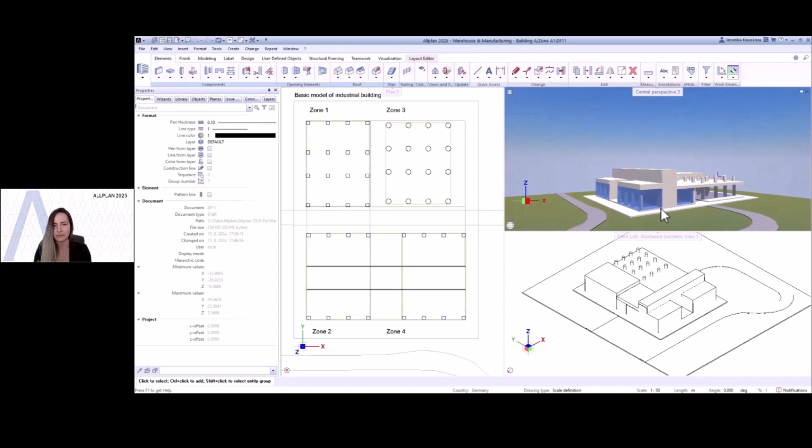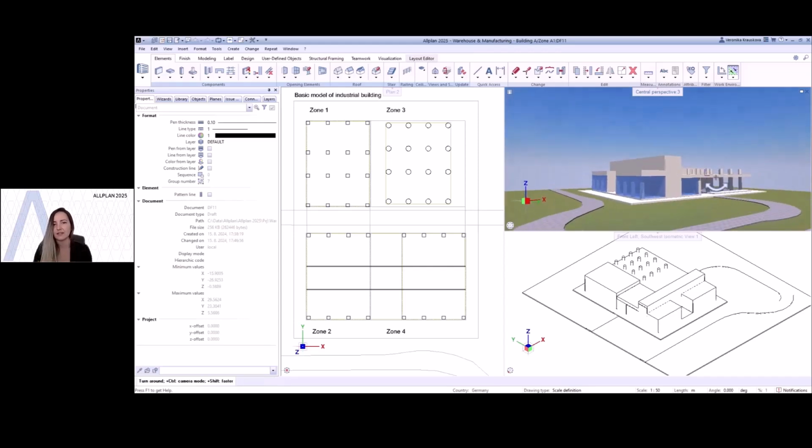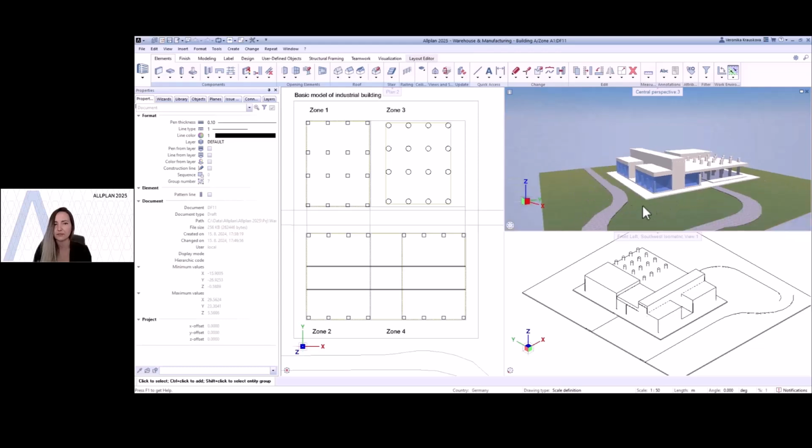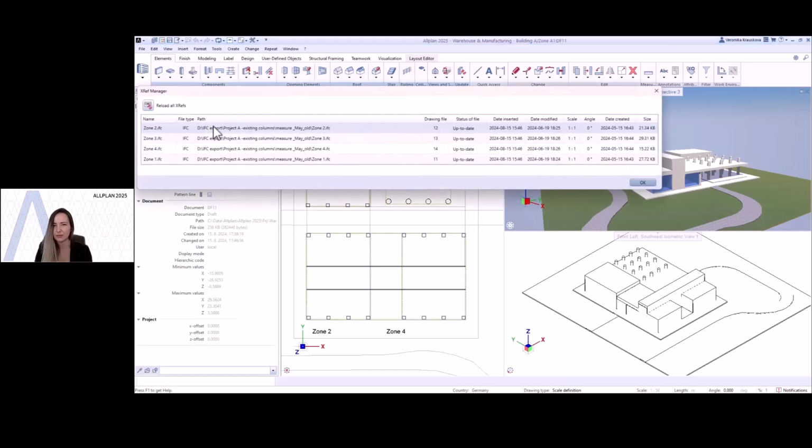Those were measured by, let's say, another colleague, and they sent us just an IFC file. They inserted this as an Xref, and when it is loaded, it's obvious that something is wrong, and we can ask that colleague to check what's happening.